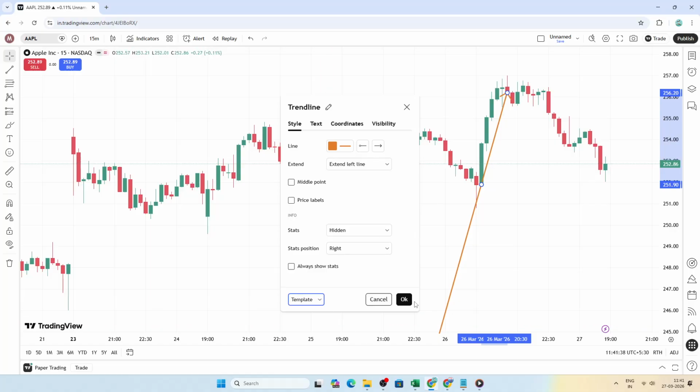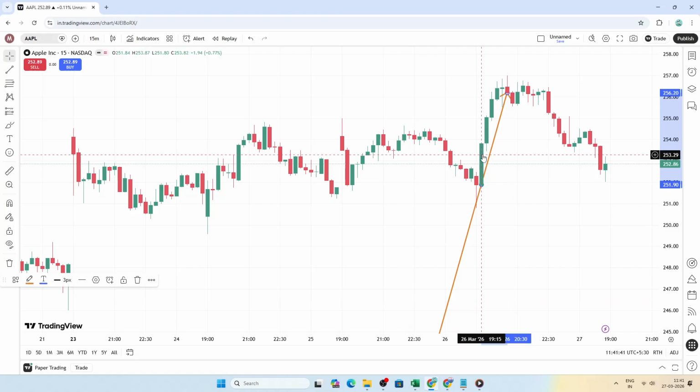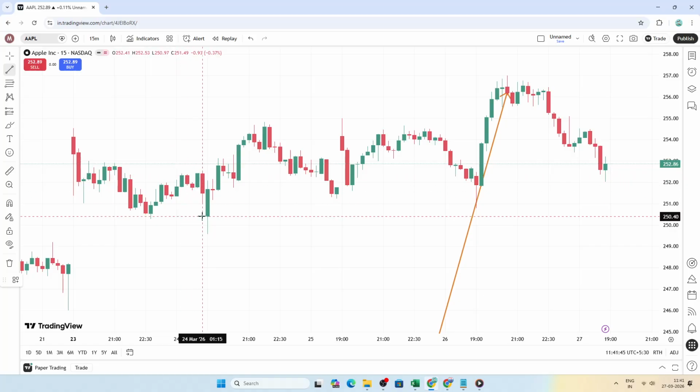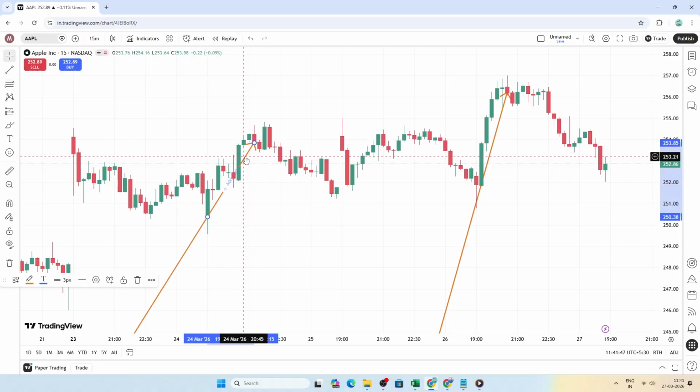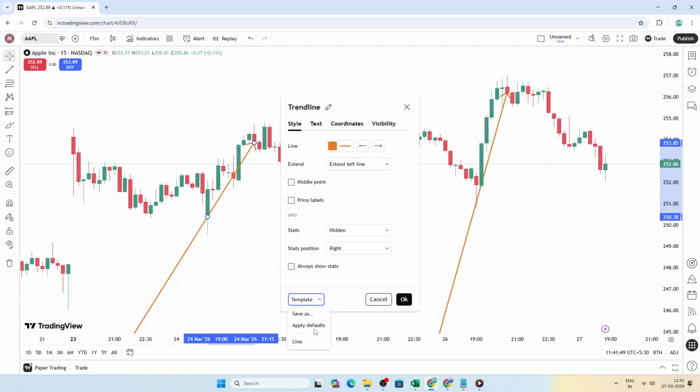To apply your saved template to a new drawing, add a fresh object to the chart using the same tool. Double-click it to open the settings again. In the template drop-down, you'll see the name you just saved. Select it and the drawing instantly adopts your saved colors and styles. This is especially handy when you are marking multiple levels, trend lines or zones and want them to look consistent